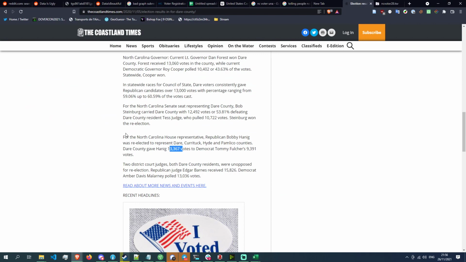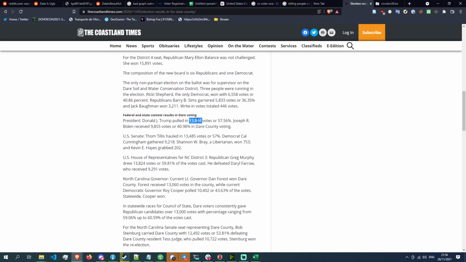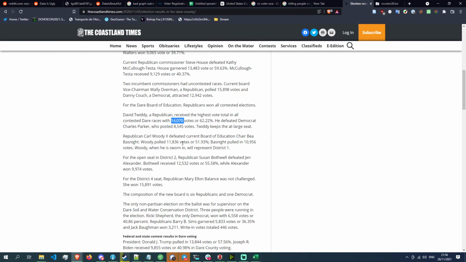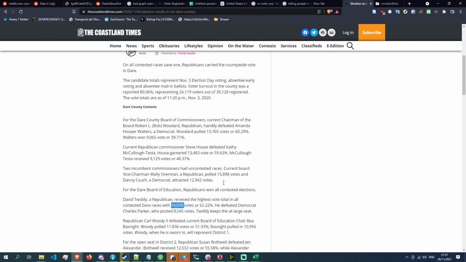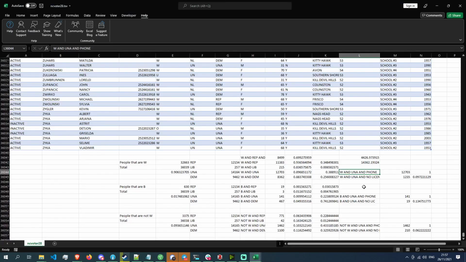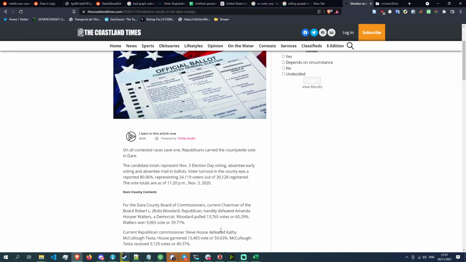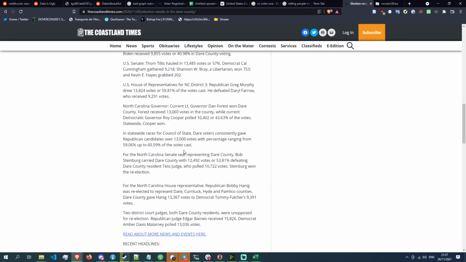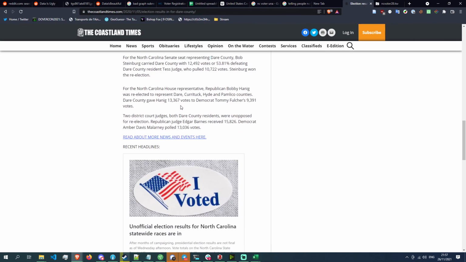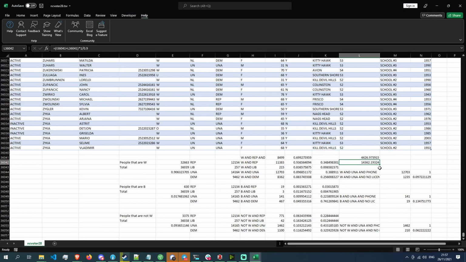14,362, which is more than every single vote, including 14,070 here, except the 15,800 that we see here, which can be explained by it being a board election versus another election. 12,000, 13,000, and here for district court judges we have 15,000. So these numbers don't exactly hold entirely,